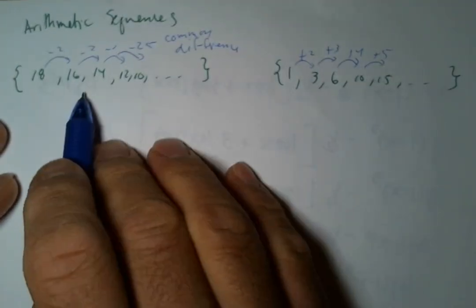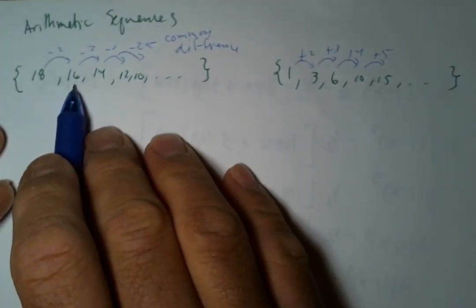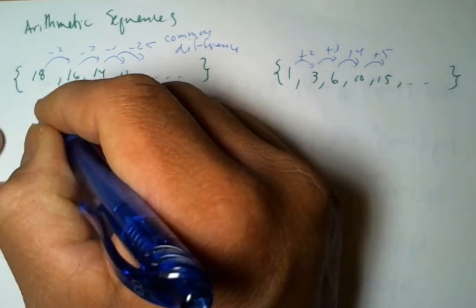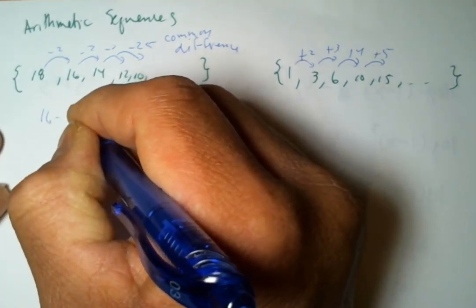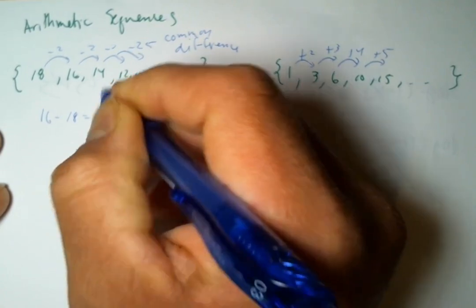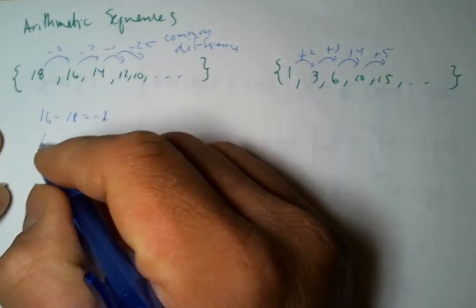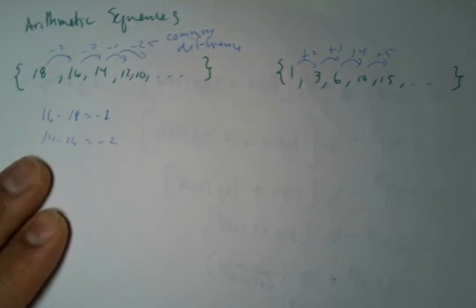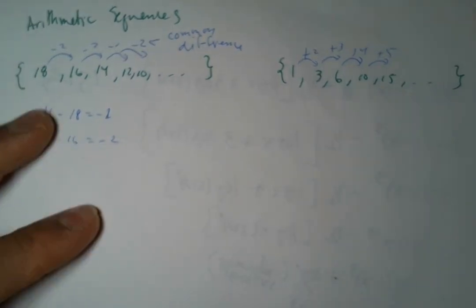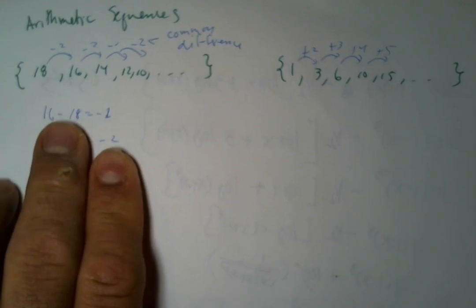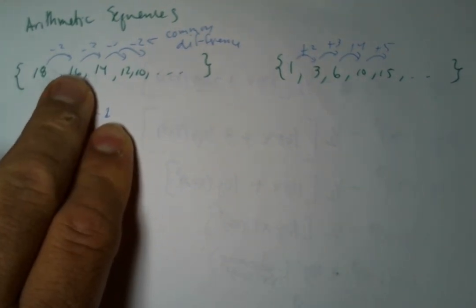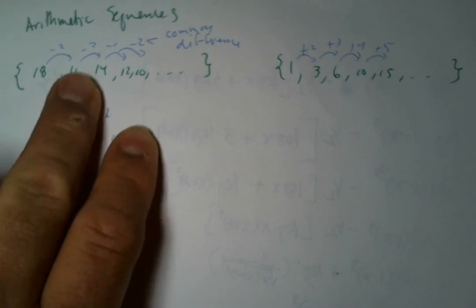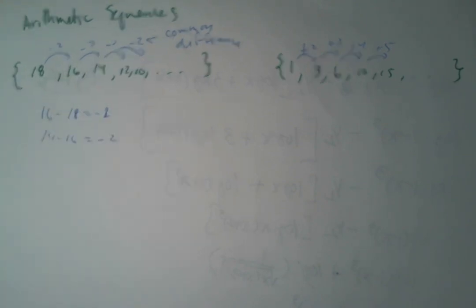And what we do to find it is we take whatever term we're at in our arithmetic sequence and we subtract the previous one from it. So 16 minus 18 equals negative 2. 14 minus 16 is equal to negative 2. And we can see why we call it the common difference. You take the difference between a term in a sequence and its previous term. If this value is always the same, as it is in this case, then